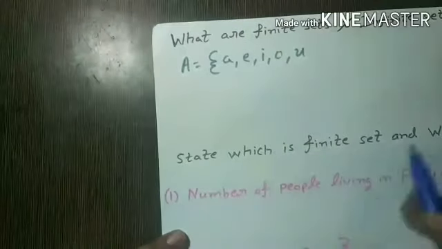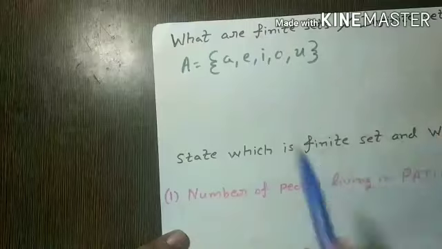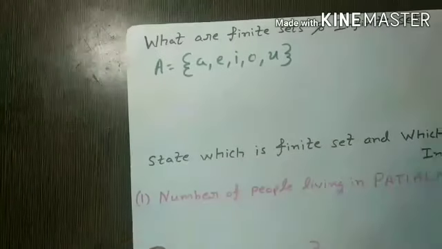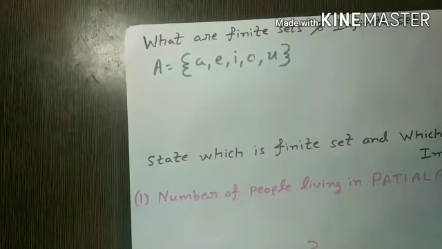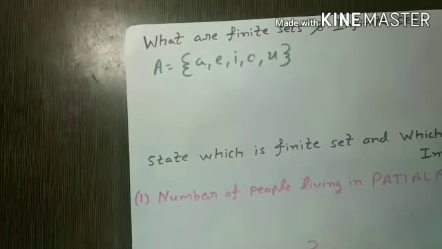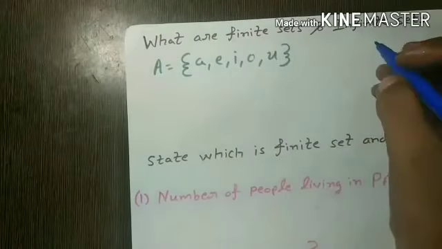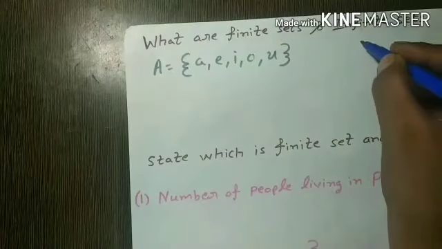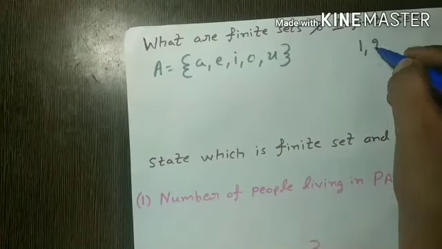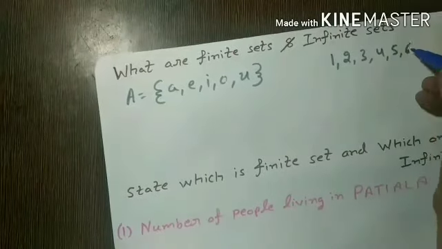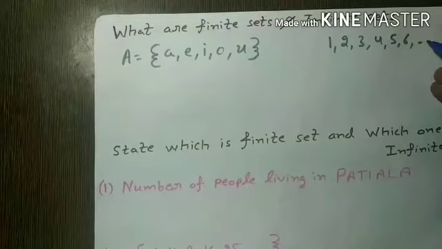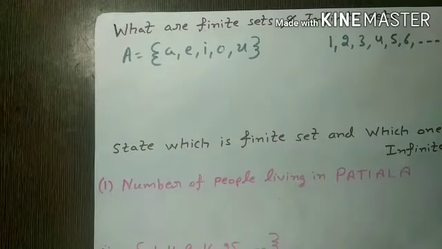Now, how many members are there? Clearly, we can say there are 5 members, 5 distinct members. All the members are different and the counting of the number is 5. Now, I will give you another example for the infinite set. Just like I start counting from 1: 1, 2, 3, 4, 5, 6 and so on. This counting doesn't come to an end because we can't write the largest number.